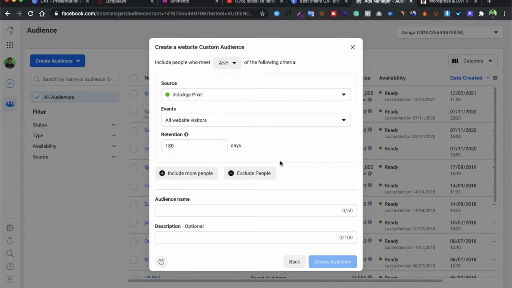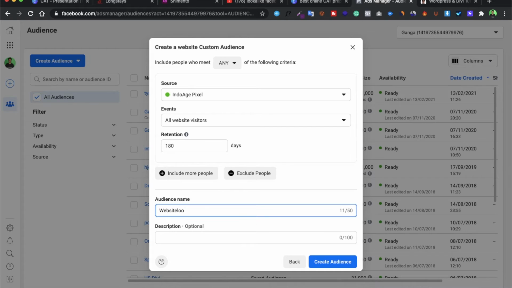In the beginning, it takes 2 days for Facebook to populate the exact number, and then gradually Facebook collects more data and increases your audience size. For example, on the third day it might show you 2000 or maybe 3000 people, but after 7, 8 or 10 days the audience size will increase, because Facebook is continuously working and collecting more similar audience.